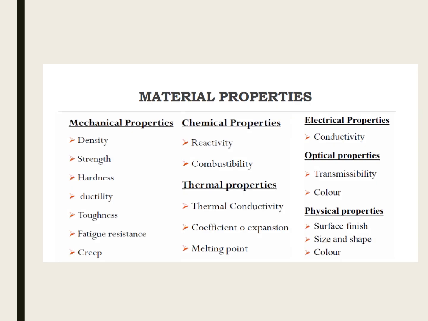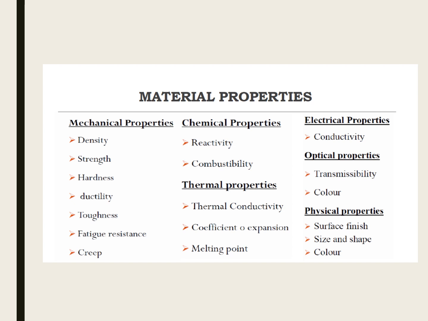Then we went on to discuss different material properties. We had different mechanical properties such as density, strength, hardness, ductility, toughness, etc. Chemical properties like reactivity, combustibility, thermal properties like melting point and thermal conductivity. We discussed different electrical properties, optical properties, and physical properties. So we need to find all these properties, and based on these properties, we'll decide whether to use a product